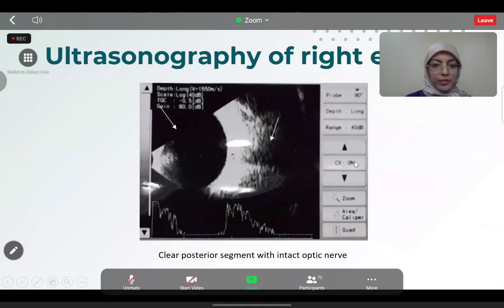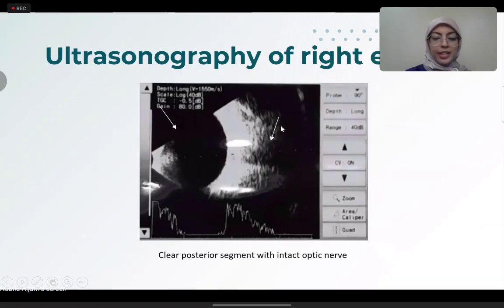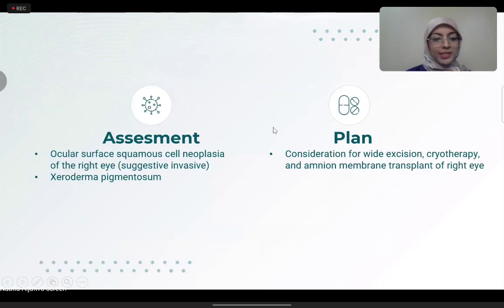The ultrasonography of the right eye showed a clear posterior segment with intact optic nerve. And we assessed this patient with ocular surface squamous neoplasia of the right eye, suggestive invasive, and xeroderma pigmentosum,